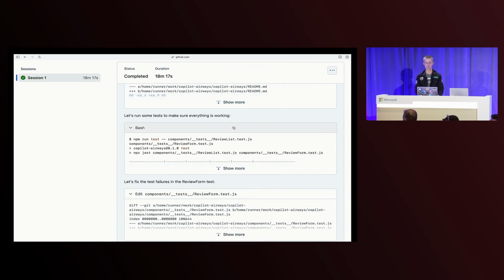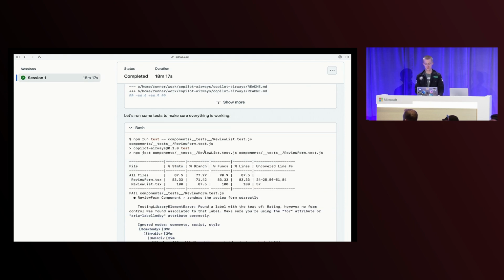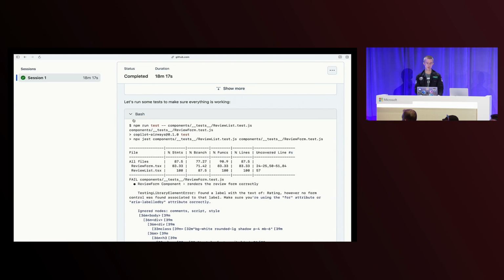A really important step that we'll see a bit further down is where Copilot begins to validate its work, which is going to be really crucial because we want to get a PR that's green at the end. So you can see here Copilot running bash, and particularly using npm run test. So this agent effectively has its own computer where it can run your tests, run your linter, and if it sees that things are good, then it can push and you can review.